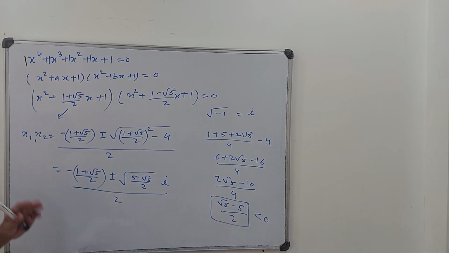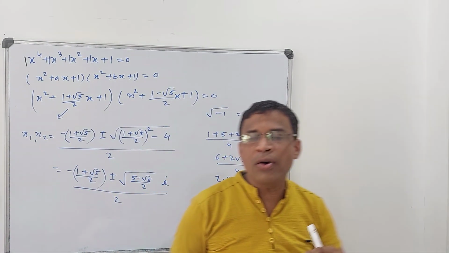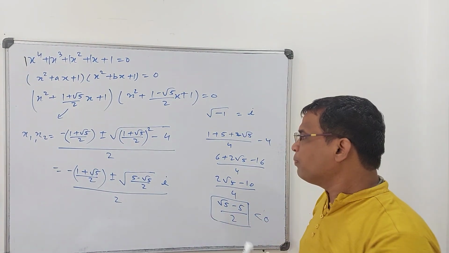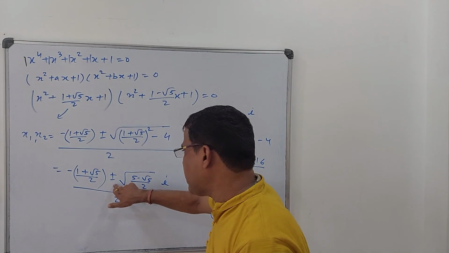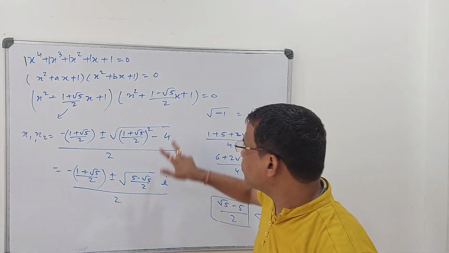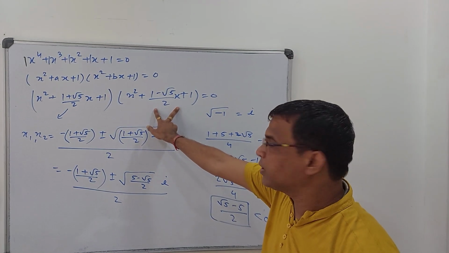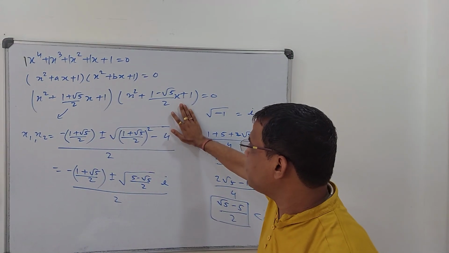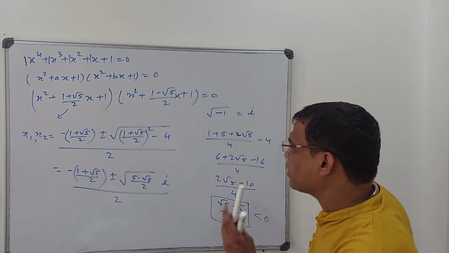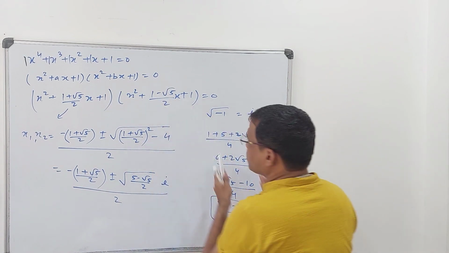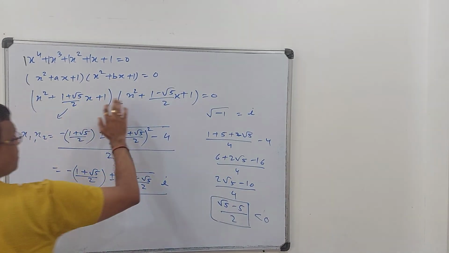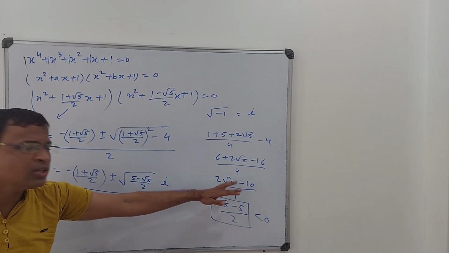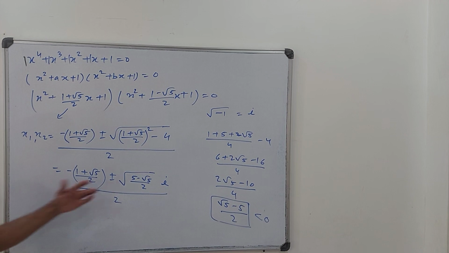It's a quartic, so it should have maximum 4 zeros. And I told in the beginning that all the 4 will be complex. So out of that we got plus and minus, 2 roots, and the other 2 we can get from here. We just solve this to get another 2 roots, and I hope you can manage this because it is the same as this approach. The only thing is in place of plus here it is minus. Of course, you are going to get the negative under root, so that will be a complex root. So in total, you are getting 4 roots.